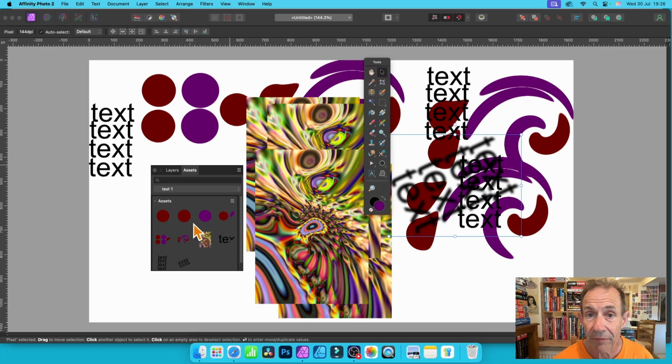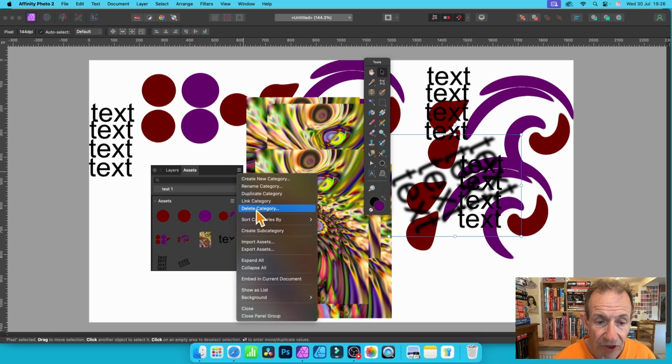Now you can rename things as well. You can see there's options here for sorting by name, so you could sort by name. You can also delete items, you can select items. It's a bit fiddly. You can delete asset, and of course if you just want to get rid of the whole lot, you can always go up here in this menu, the top one, and there's options here for delete